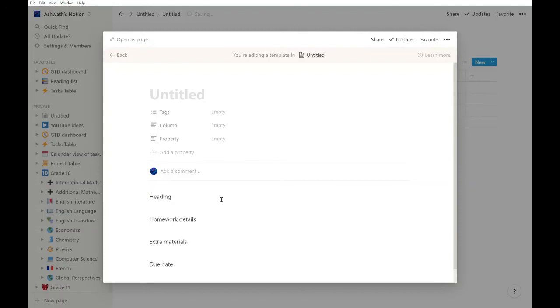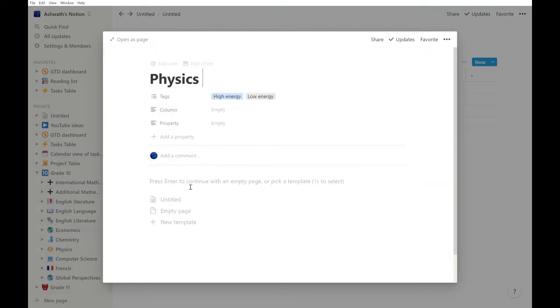Now once you're done with your template, and you also add your own tags here, it automatically puts those in for you as well. So once you finish this, you can just go back and then you get a template here as an untitled template. That's because I haven't named that template actually. And then in here you see it has come back.